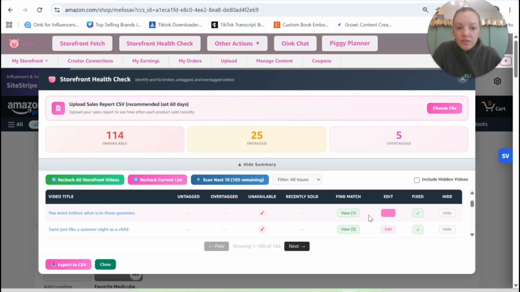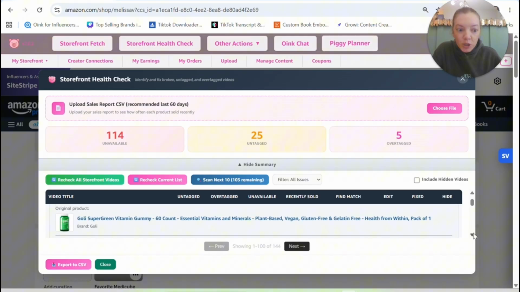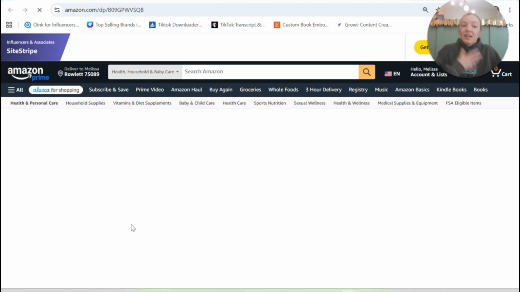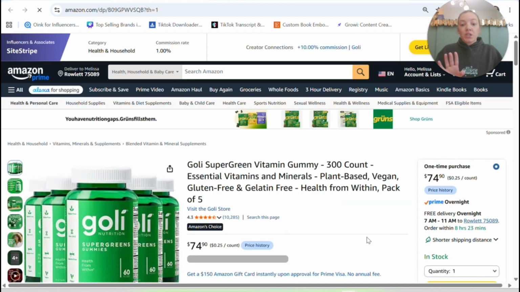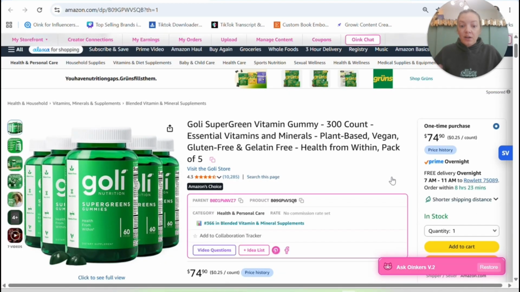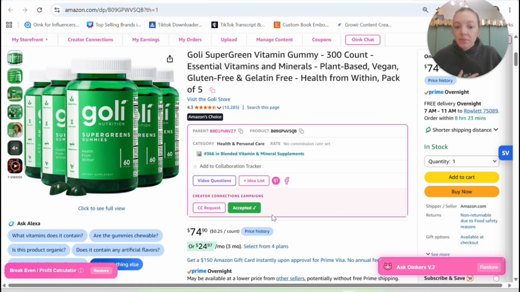So let's do view. So the original product is these Goli Super Green 60 count. Now the matching one that it brings up is a Goli Super Green 300 count. So I'm going to leave that up to you on if you feel comfortable tagging the 300 count. I know everyone is kind of different. I'm going to go ahead and accept that because there's a Creator Connections campaign on there,